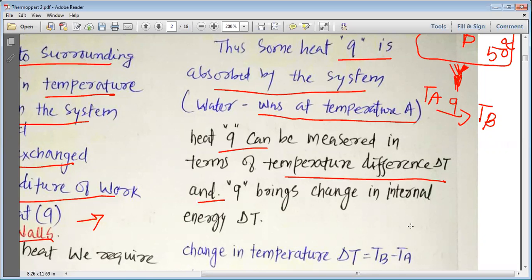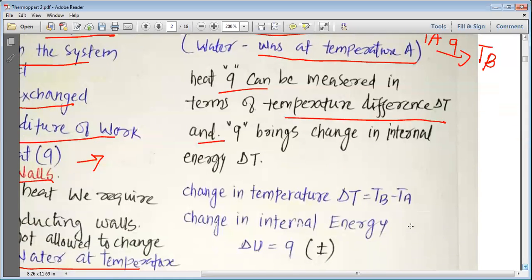So you can see that whenever there is heat absorbed or heat released, it takes place without a change in the volume, and that is how the temperature difference simply represents the heat, and that is why heat can be measured in the form of the change in the temperature. So if the temperature is increased, heat is absorbed. If the temperature decreases, heat is released. If temperature is increased by 1 degree, heat is absorbed to a certain extent. But if temperature is increased by 5 degrees, a greater amount of heat can be absorbed.